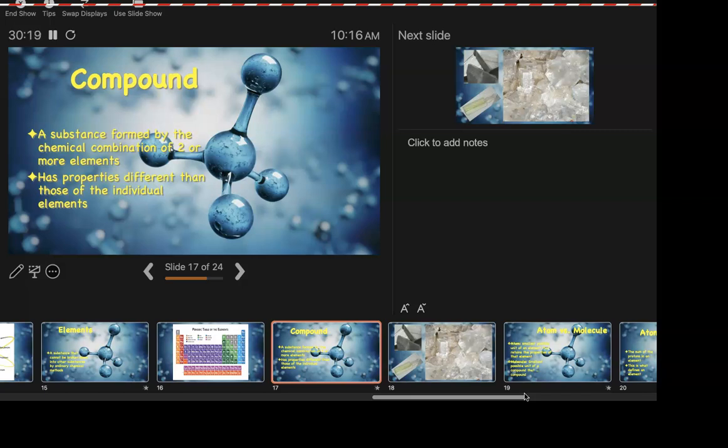So you probably didn't notice, but when I was talking about atoms, I was very careful not to list something like salt or even water as the smallest piece of an element. Remember that conversation? I said you've got the one piece of sulfur that still looks like sulfur, one piece of silver, or whatever I said back then. Because if it's what we call a compound, something made up of two or more different things, we have a different word for it. You've heard this word. It's called a molecule. We'll have a slide for it in a minute.